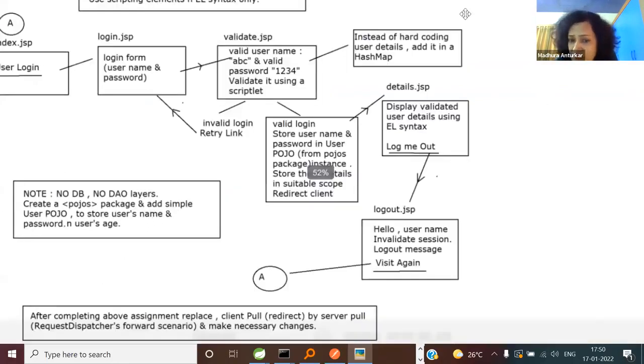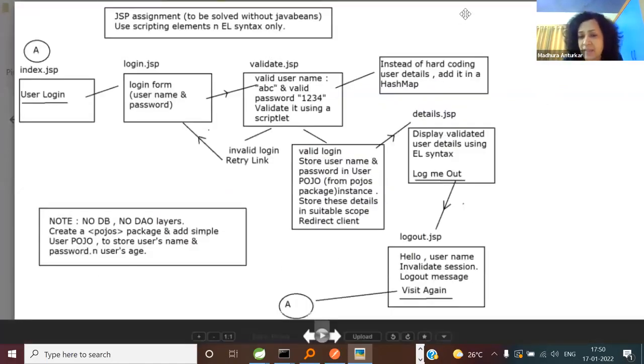You're not going to use anything such as a database, DAO layer, or POJO here. No database, nothing, no Java Beans. Java Beans anyway I have not yet discussed. So this is only for giving you practice of what we did today. Let me explain the flow, let me discuss how you are going to solve it, and then you can start working on it.